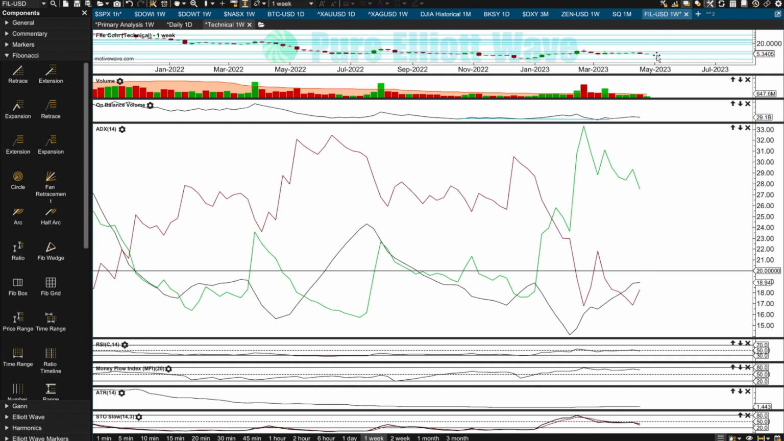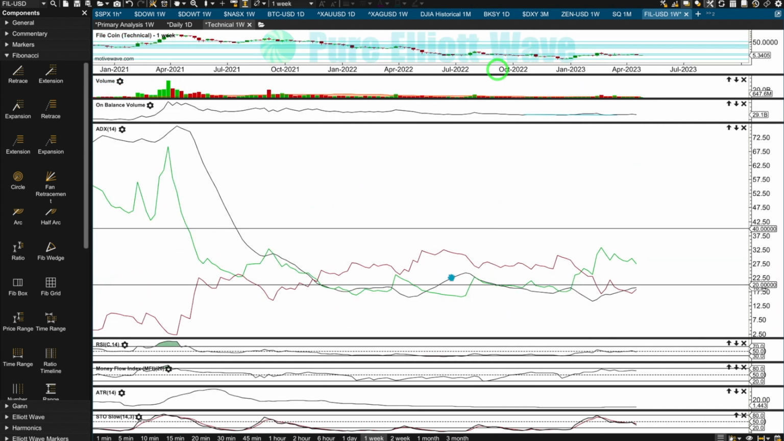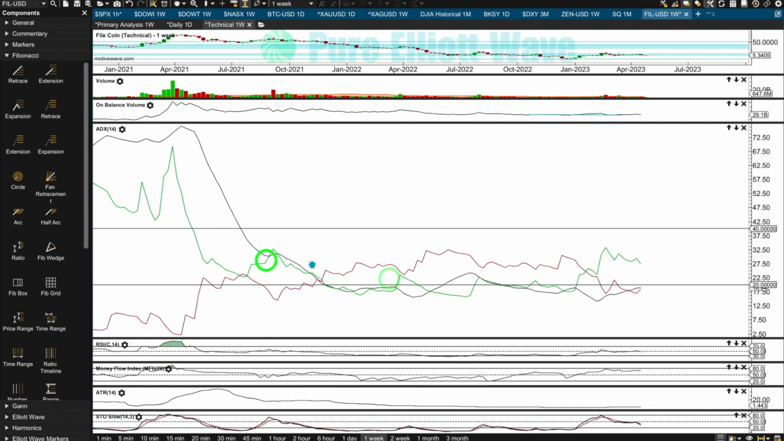ADX on the weekly time frame is telling us there is an upward trend now. It's above 15, the black ADX line is rising and the positive DX line is above the negative. That tells us there is an upward trend. The previous downward trend didn't reach extreme. Here's the previous upward trend, and then as we move through the bear market, the DX lines whipsaw, ADX declines,